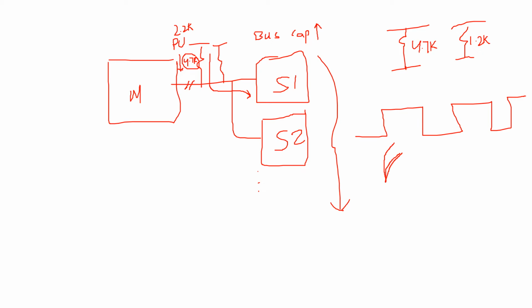So one concrete relation we can derive is that as the number of slaves increases, that means as the bus capacitance increases, you have to reduce your pull-up resistance, or we have to say increase the sourcing from the pull-up resistance such that you do not exceed the required rise time at the slave side. So that is one concrete relation we can mention.